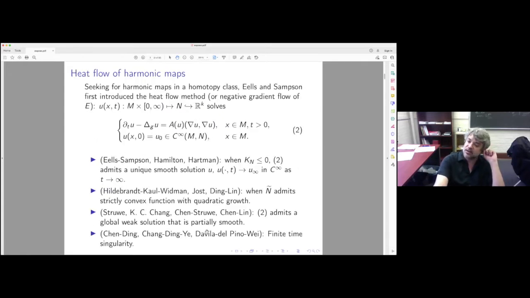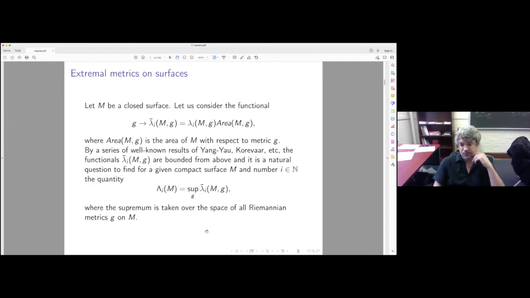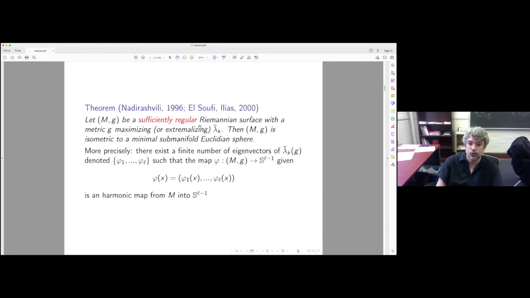So why study harmonic maps? Well, harmonic maps appear in a lot of geometric problems. One of them is when you look at extremal metrics on surfaces. Basically, you look at metrics which are a critical point, let's say, or sup of this spectral function. Also, you take the spectrum associated to the Laplacian on a closed surface, and you renormalize by the area of the surface. And you look at a sup, and actually what you can prove is that if the metric is sufficiently regular,